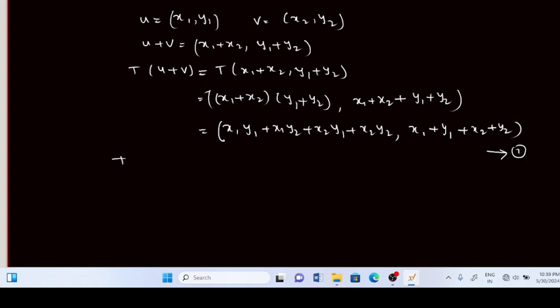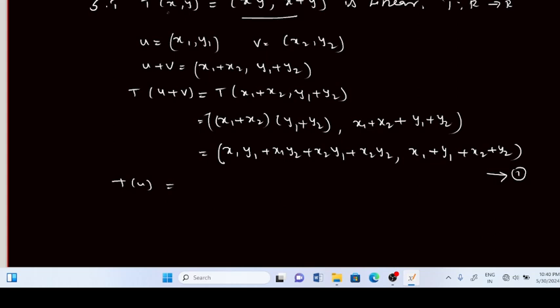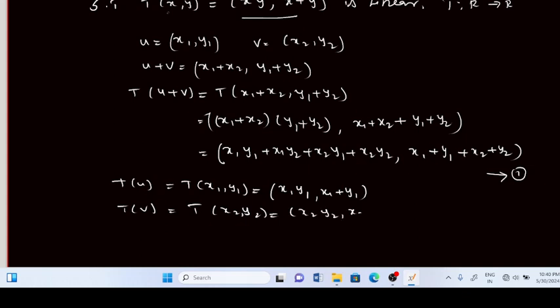So here we find T of u. T of u equal to, we must substitute in the function, u is (x1, y1), so we get (x1 into y1, x1 plus y1), and T of v can be written as T of (x2, y2), which is (x2 into y2, x2 plus y2). If we add these two,